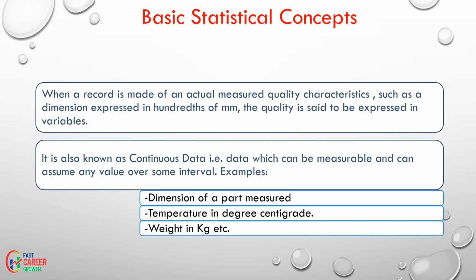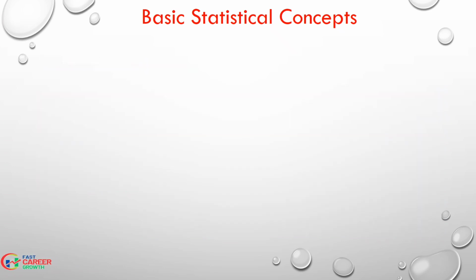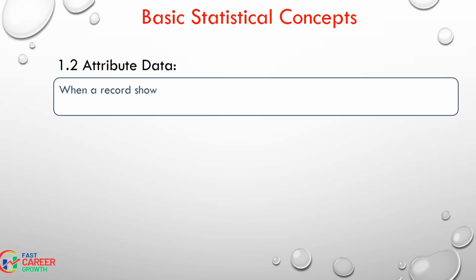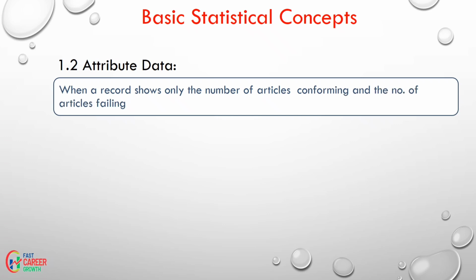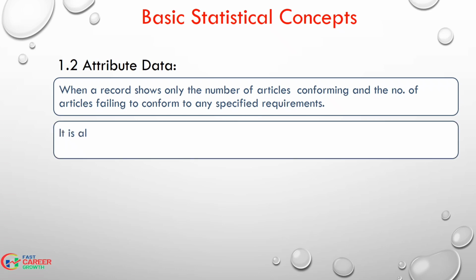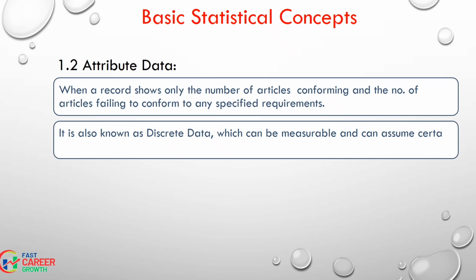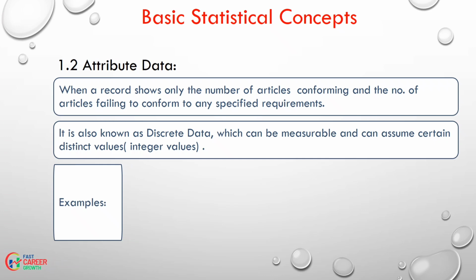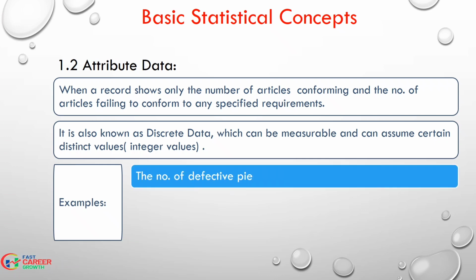Next is what is attribute data? When a record shows only the number of articles conforming and the number of articles failing to conform to any specified requirements. It is also known as discrete data, i.e. data which can be measurable and can assume certain distinct values, integer values. Examples: the number of defective pieces found in a sample, cracks in